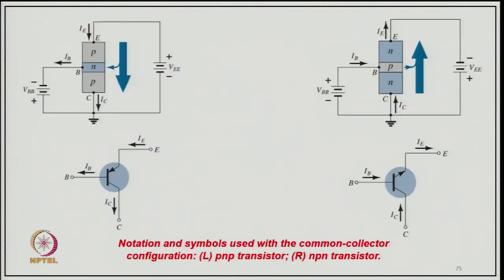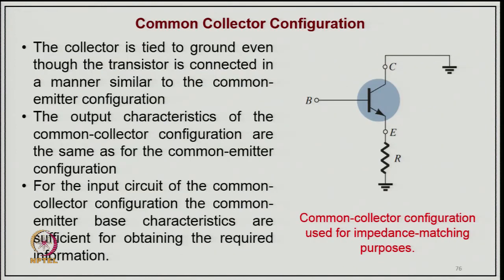So, this is typically the common collector, where you have a forward biasing of the emitter-to-base junction, and the base-to-collector junction is reverse biased. This is for PNP, and this is for NPN, how the biasing typically takes place, but the collector is common for both. So, coming to the common collector configuration, you can just see here the collector is ground, because you have